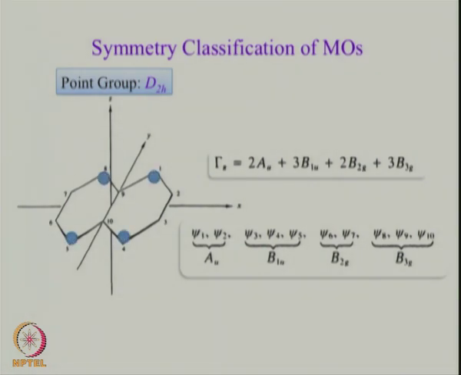And now, let us recognize the 3 groups of p orbitals that we can think of. This is the first group. Will you agree with me if I say that p orbitals on atoms 1, 4, 5 and 8 form a group? Why? Because no matter what you do to it, C2z, C2y, C2x or i, what happens when I apply inversion to atom number 1? Where does it go? Atom number 5. Now, if I work with say the pz orbital of atom number 1 and invert it, what do you get? Pz orbital of atom number 1.